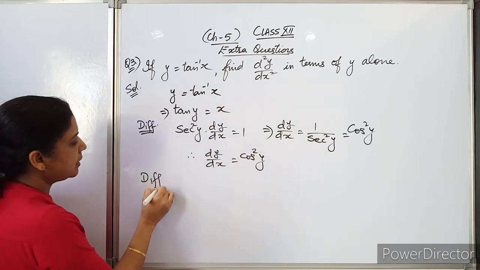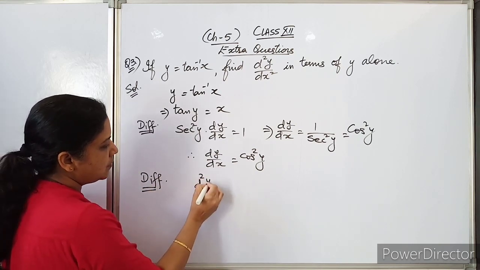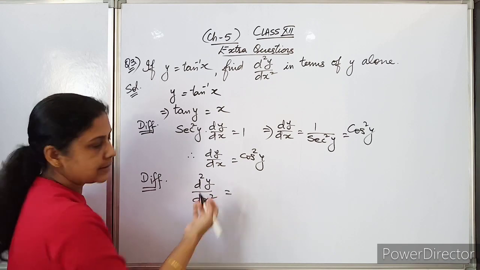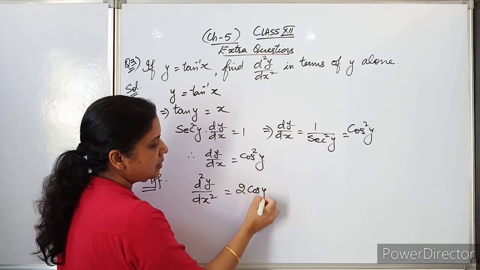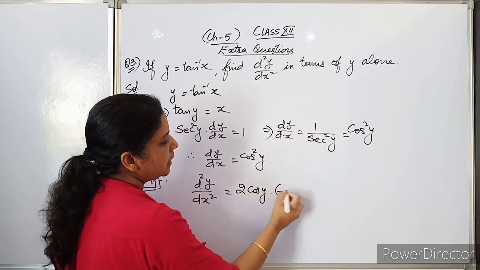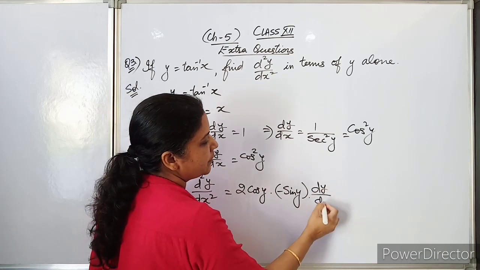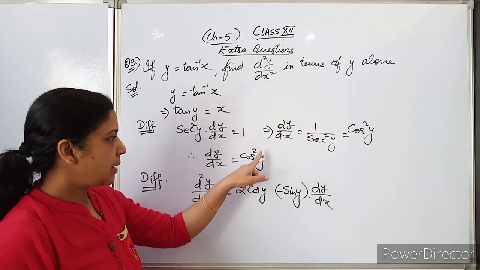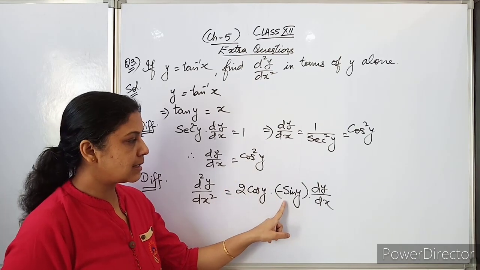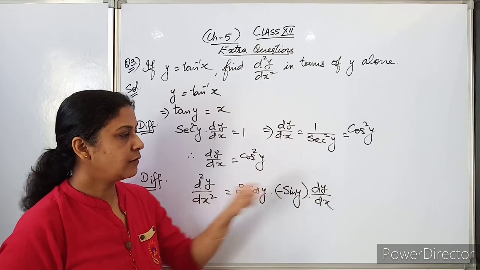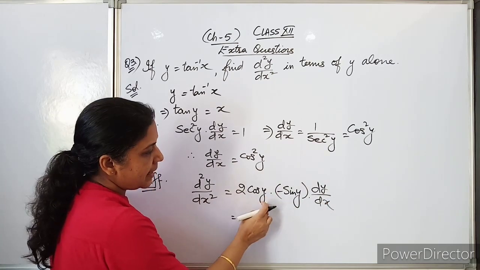So differentiating again with respect to x on both sides, LHS becomes d square y by dx square, the second order derivative, and on the RHS, cos square y: the power comes in front, reduces by 1, then the derivative of cos y, that is minus sin y, then the derivative of y with respect to x. This is whole by chain rule. Power 2 comes in front, reduces by 1, the basic function is cos, the derivative is minus sin of y into the derivative of y. So it becomes minus 2 sin y cos y